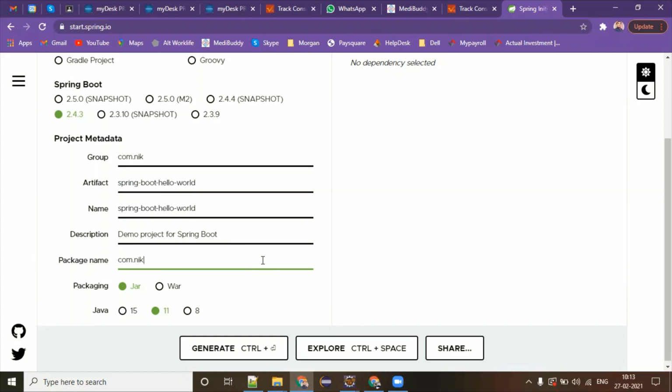Now the packaging option. The packaging option is coming right now as jar and war. So if you are a Java project developer, then you have two options. You want to deploy your application as a service, which could be a jar, or you want to deploy your application as a web application, which could be a war. If you have selected jar and later decided that you want to move to war, that can easily be done. Nothing like that. Once you select jar, you can change the configuration for war, and vice versa is also possible.